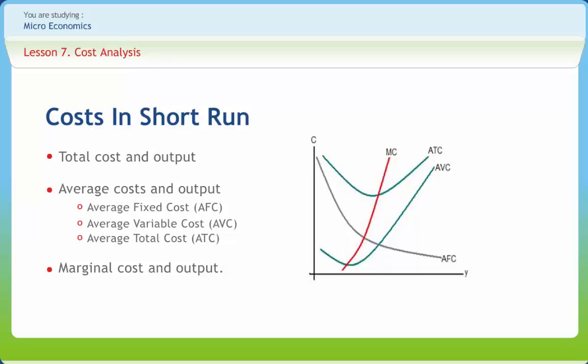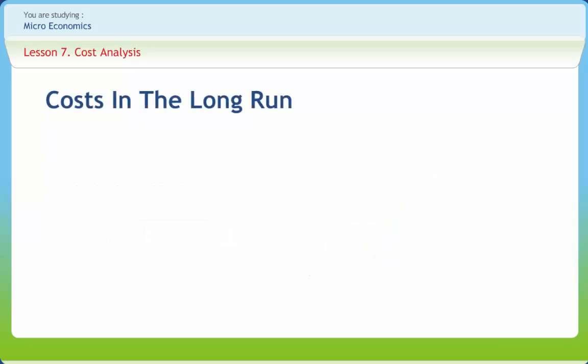MC equals AVC and ATC when these curves attain their minimum values. Furthermore, MC lies below both AVC and ATC when they are declining. It lies above them when they are rising. After discussing short-run cost curves, now we should discuss long-run cost curves, which can also be categorized as total cost